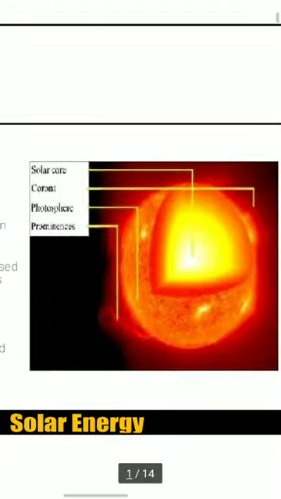Also, energy is produced by the thermonuclear reaction of fusion in the sun. That is, heavy hydrogens are present in the sun, and because of the fusion of these heavy hydrogens, helium forms, and with the help of this there are neutrons and protons formed. A tremendous amount of energy is generated due to this fusion, and that energy is transferred in the form of radiation to the earth's surface.